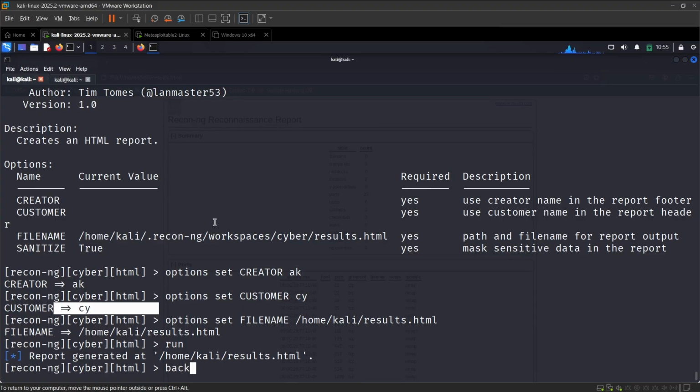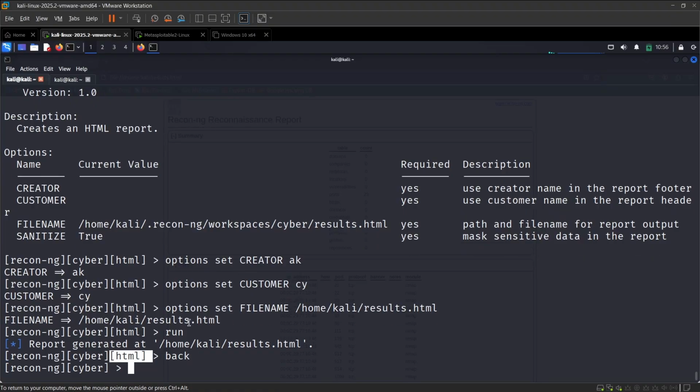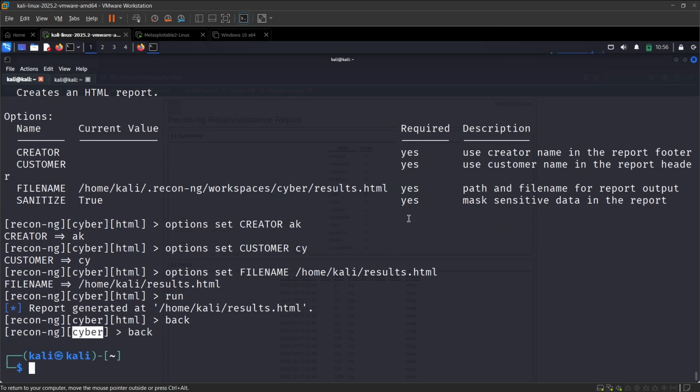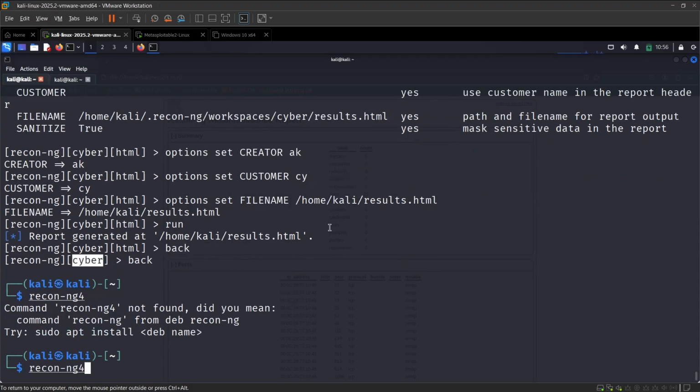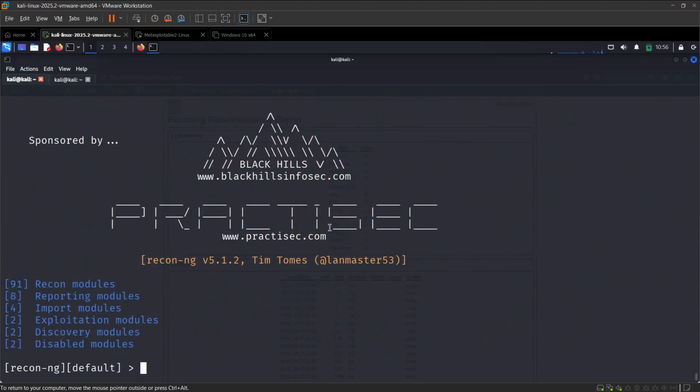You can just issue the back command, which will go back from this HTML. Once I issue that, as you can see, now it has gone back, and now it's in the cyber workspace. So I'm issuing back again, and now I've exited from this Recon-ng framework. So let me try to use Recon-ng again, and we can create a new